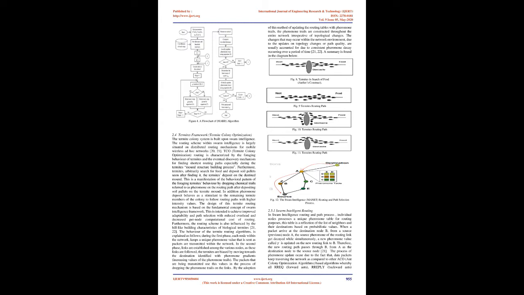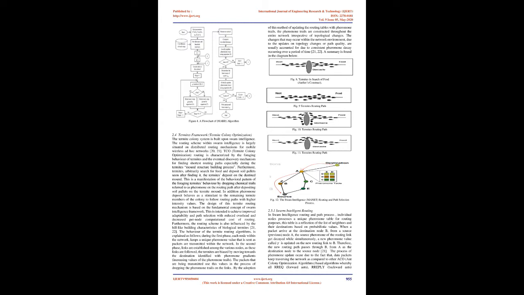Furthermore, termites arbitrarily search for food and deposit soil pellets soon after finding it. The termites deposit on the destined mound. This is a manifestation of the behavioral pattern of foraging termites by dropping chemical trails referred to as pheromone on the routing path after depositing soil pellets on the termite mound. In addition, pheromone deposit behaves as a stimulant to the remaining termite members of the colony to follow routing paths